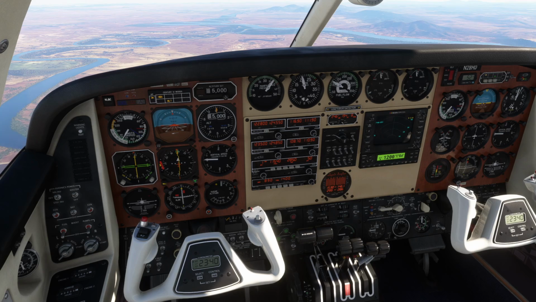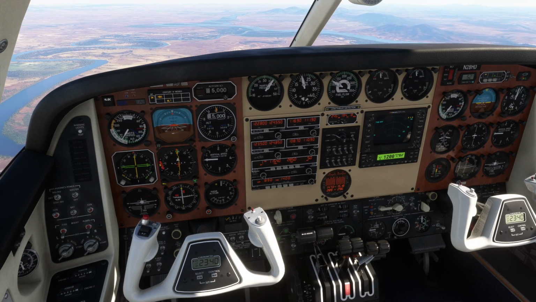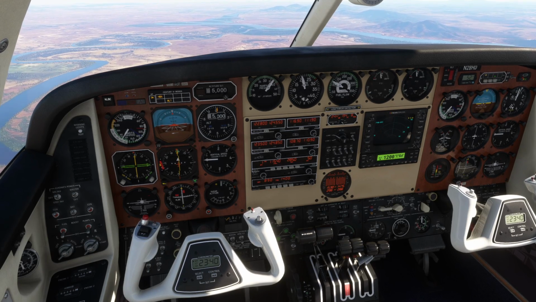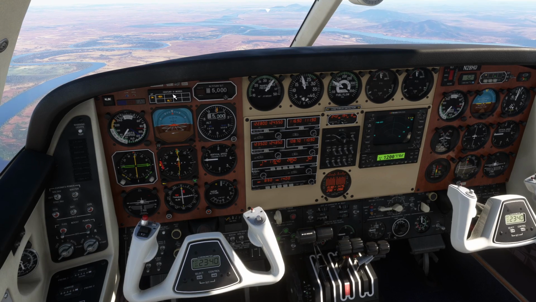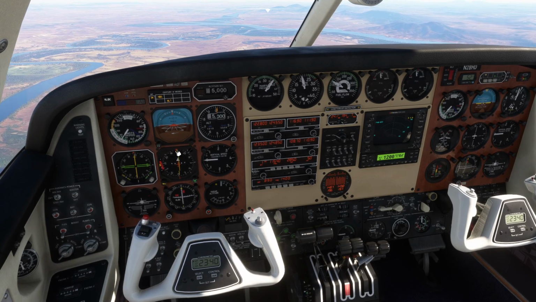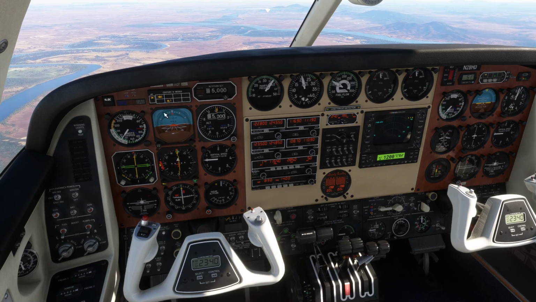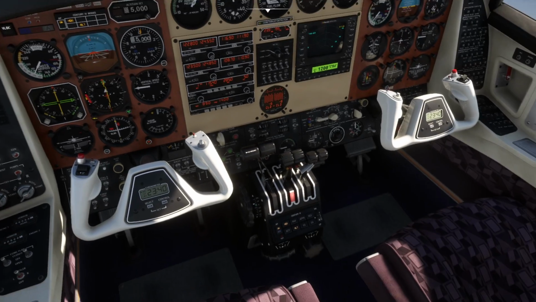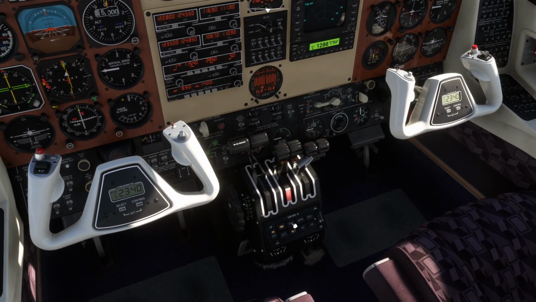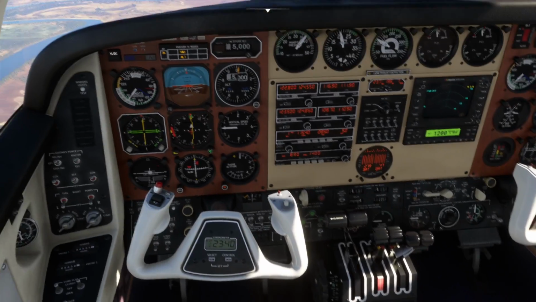Okay, so we're about halfway over towards Rockhampton. I thought it might be interesting to have a little look at the autopilot while we're on the way as well. So obviously we were in heading mode. We put ourselves broadly in the right direction. There's hardly any wind to deal with. But what we could have done is gone for nav mode. So switched over immediately, and you can see the